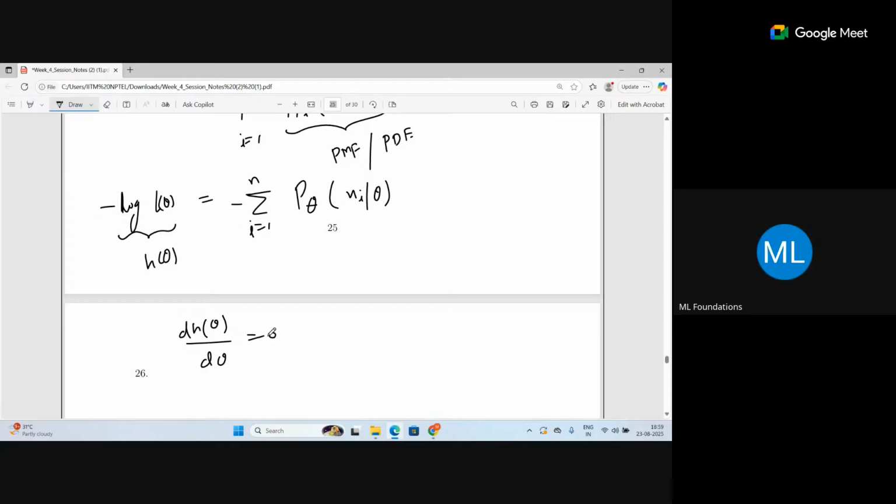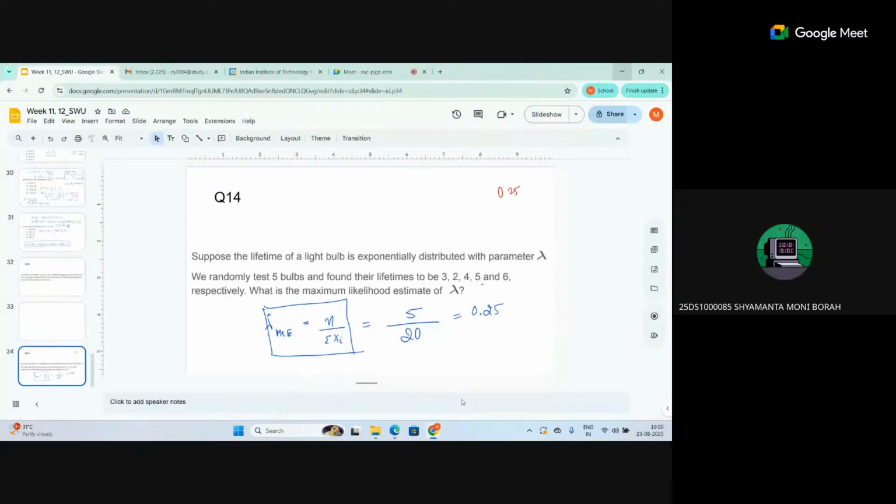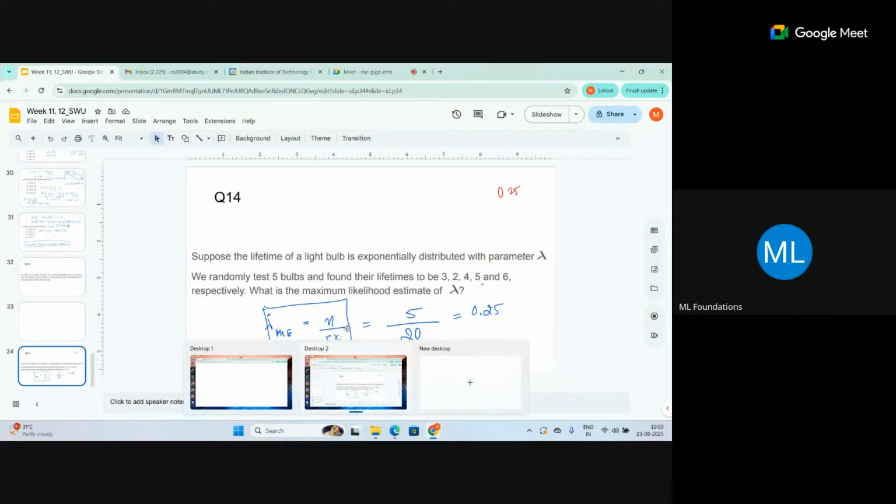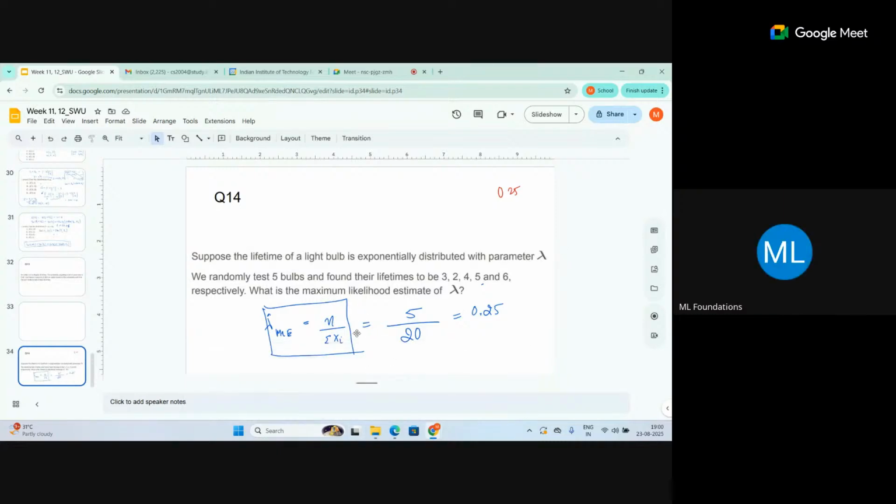In maximization also we follow the same procedure; you just don't take the negative, so it will be positive. Fine. So for this example, can you just try to find out what the answer is? I will show the steps again for how to solve this. Anyway, the answer is already there, or maybe I can just solve it. That's fine, I'll do that.